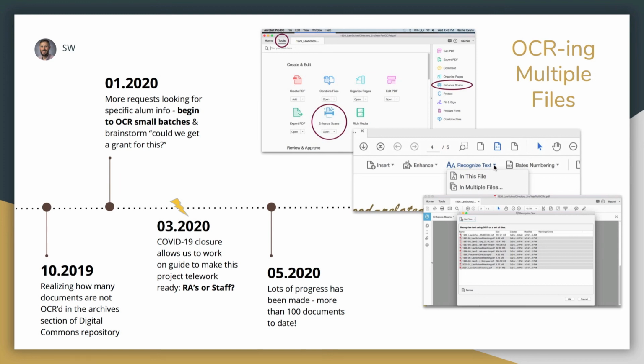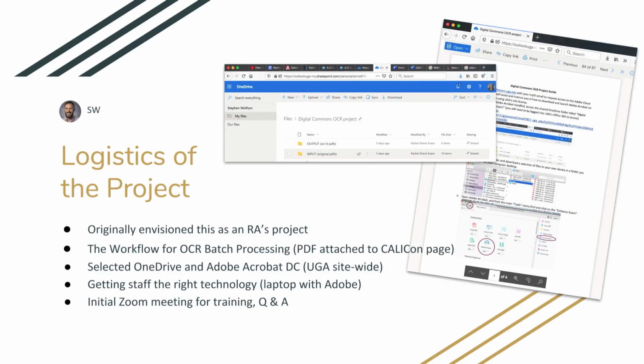So we engaged in this project starting in March, and it's ongoing currently. How the project works is that, as I mentioned, we originally envisioned this as a project for our research assistants, but then we transitioned it to have some staff members work on it. And we're attaching to this presentation the workflow for how we're converting these documents